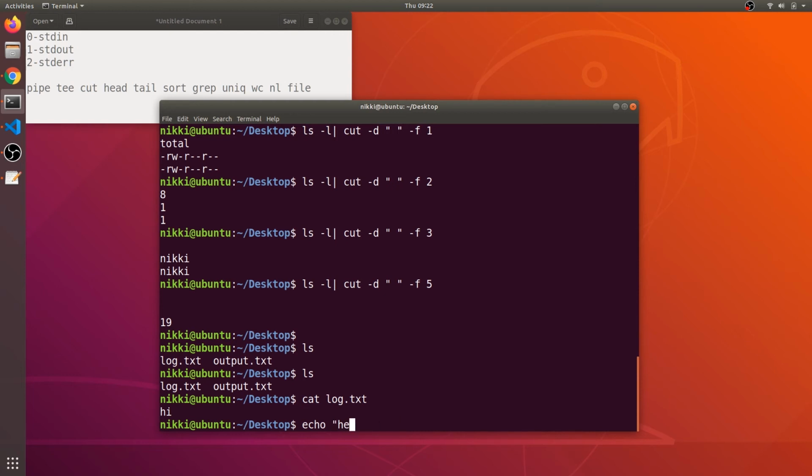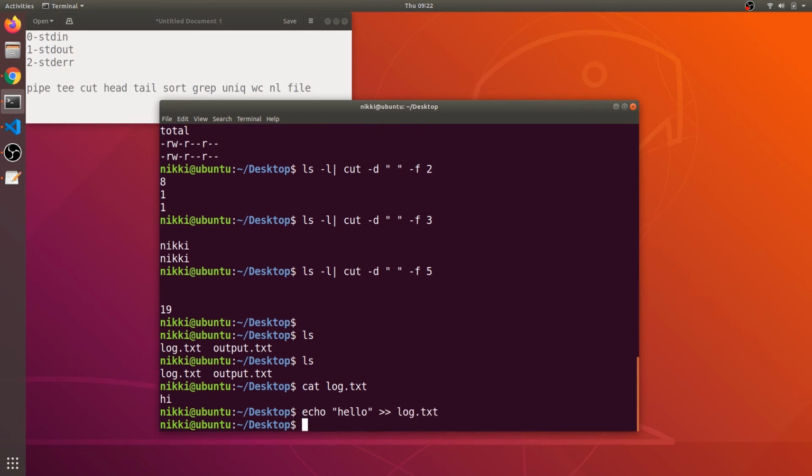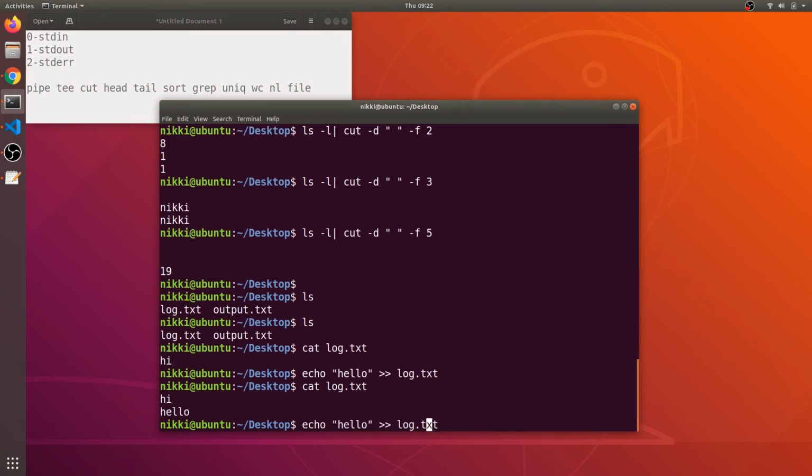Echo hello, and in the same way I write hello world.